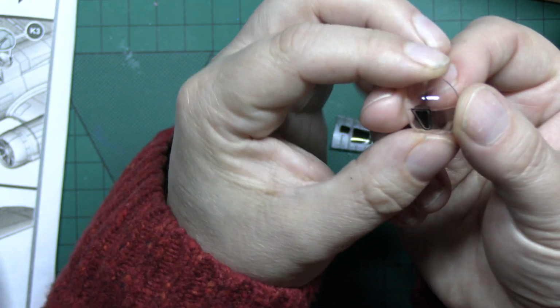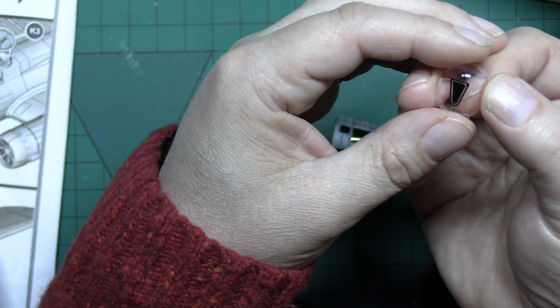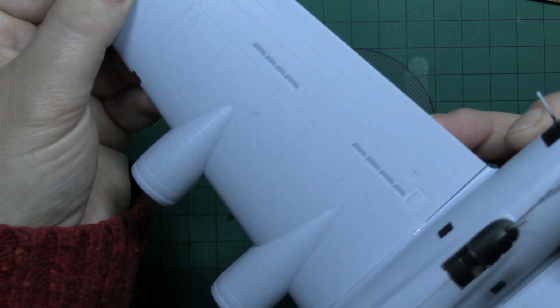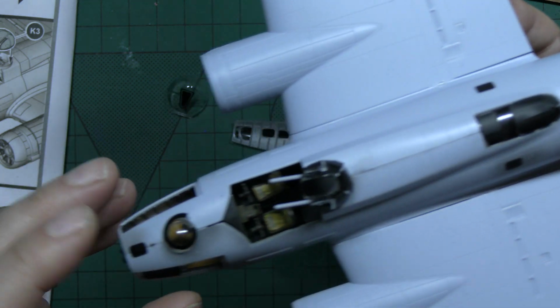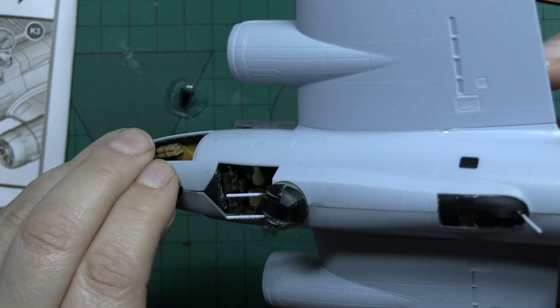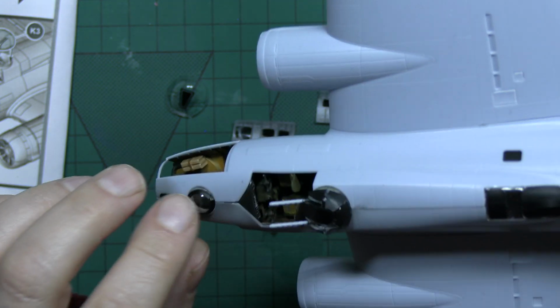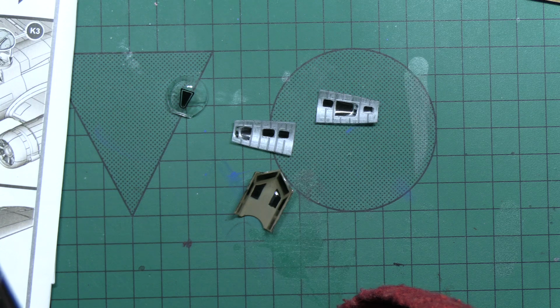So on these curved parts, masking fluid is a good way to go, and that's what I'm probably going to do. We've masked all the other clear areas, although I've got a problem with this one, it keeps popping up. It's actually slightly oversized for it, so I think we're going to take it off and just use masking fluid for that one. The back area has been masked